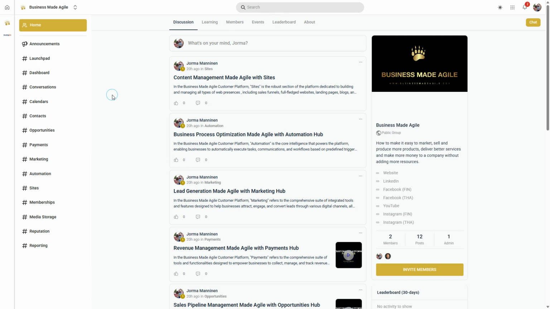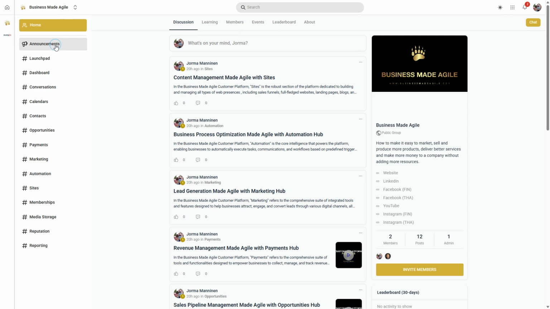And here, one of the core services of the community platform is community building and engagement. And this is exactly where we are now. The discussion area is where the system administrators can create new channels. They can also delete existing channels or edit the names of the channels, and also manage what can be done inside one channel. For example, this announcements channel is